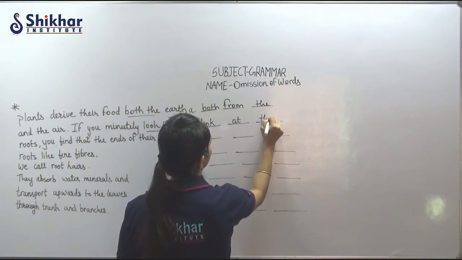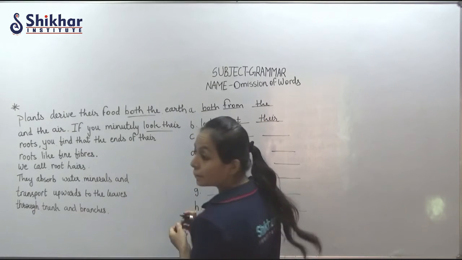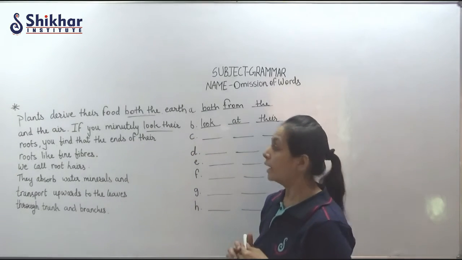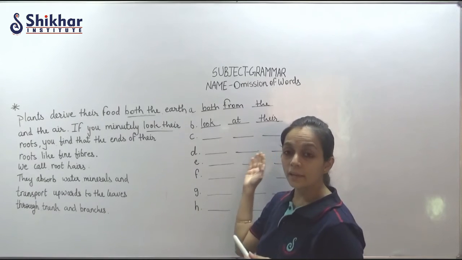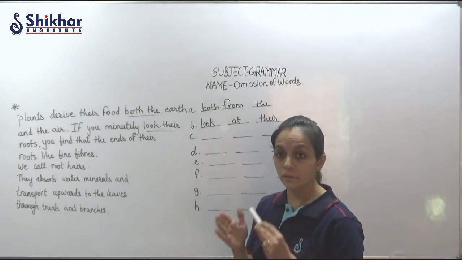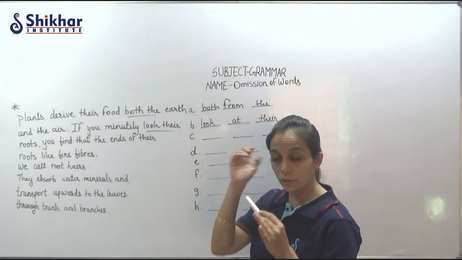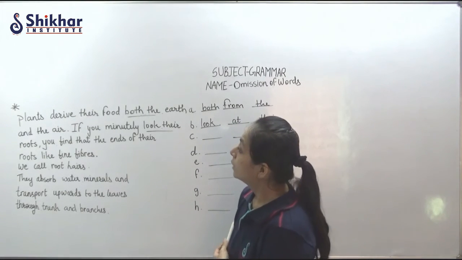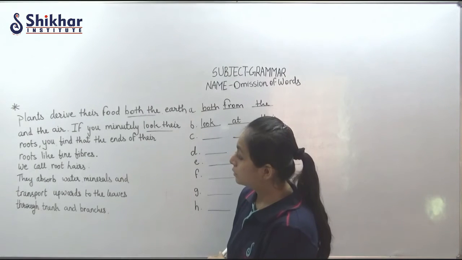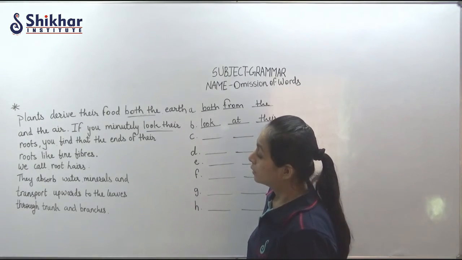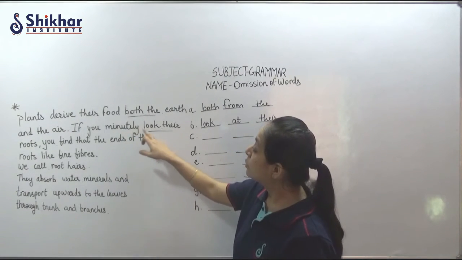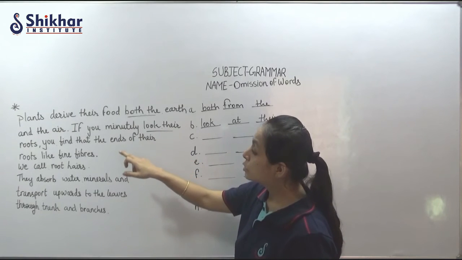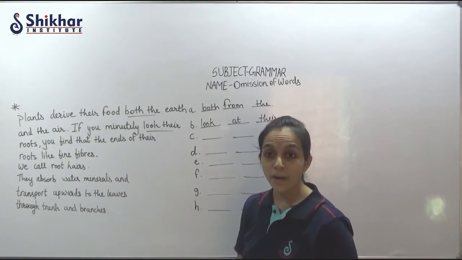So your answer will come in the middle, and on the left and the right side you are going to write the word in between. Roots you find. See, if you minutely look at their roots, you will find that